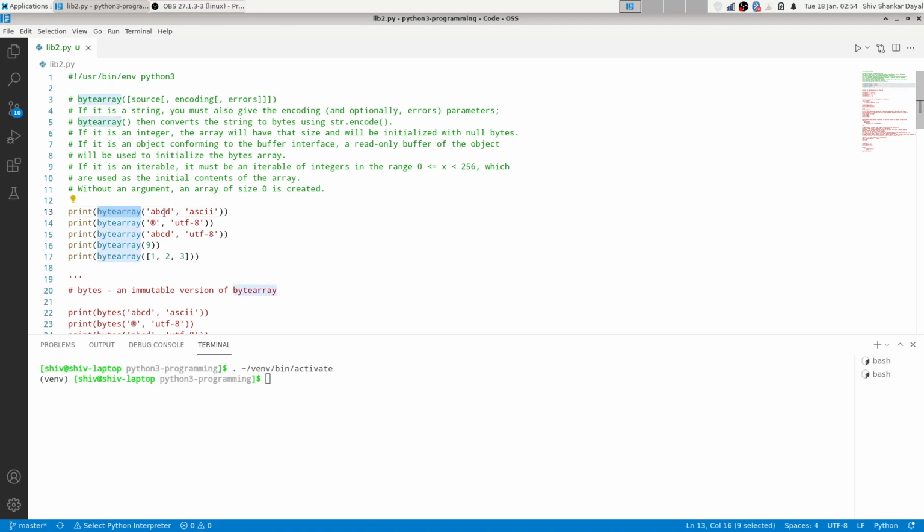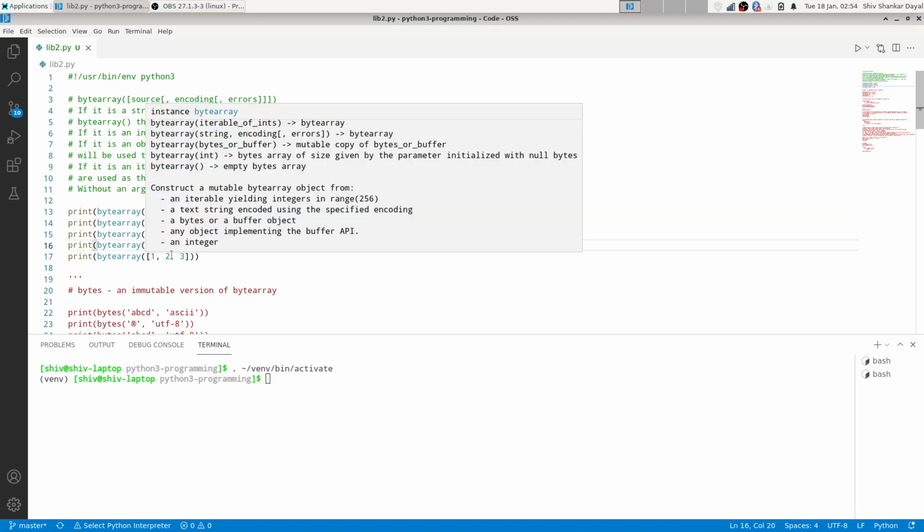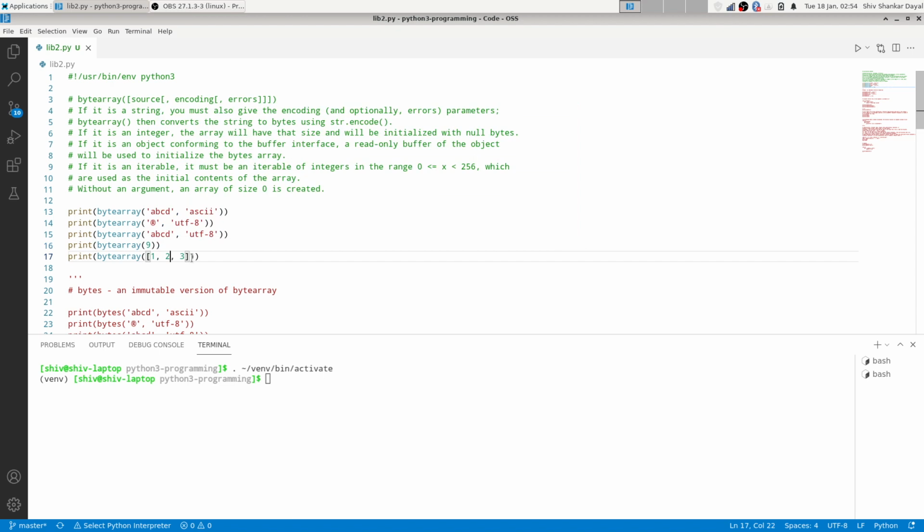For example, here I have used ABCD, so it will just print the ASCII value of ABCD because ASCII is our encoding. In case of UTF-8, it will convert the UTF symbol to bytes, and ABCD turns out to be ABCD in this case because they have the same value in UTF-8 and ASCII. Now in case of 9, it will print a bytearray of 9 values, each initialized with null. And in this case, we have shown that you can initialize it with a list and it will have the same values. So if we run this program, we see that